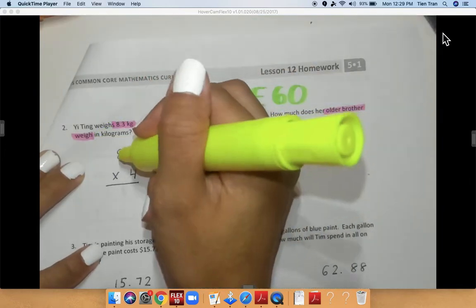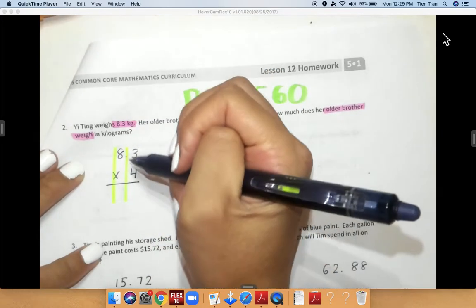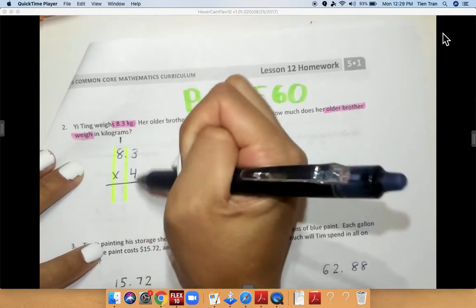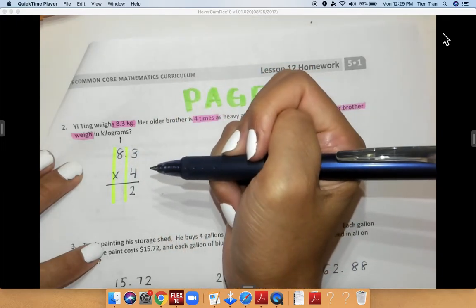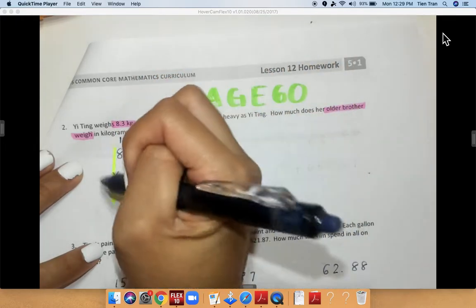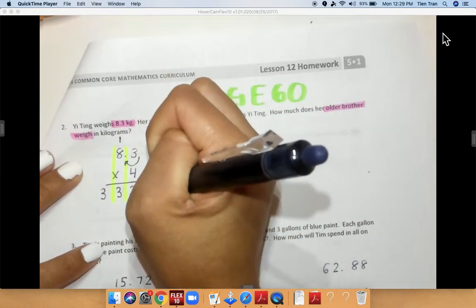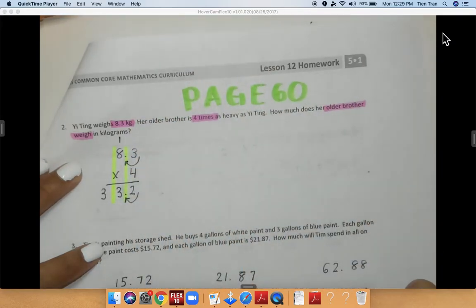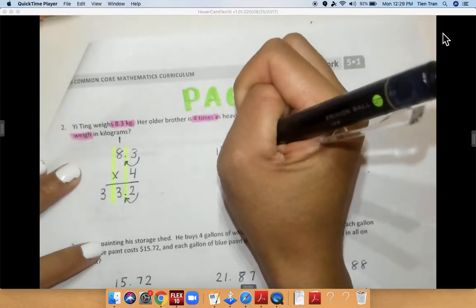I'm going to make sure that I draw lines so that I can separate it and make sure everything is in the correct place. 4 times 3 is equal to 12. Carry the 1, bring down the 2. 4 times 8 is equal to 32. 32 plus 1 is equal to 33. I'm going to make sure I bring my decimal over once, just like in my problem, I'm doing that to my answer. So my answer is her older brother